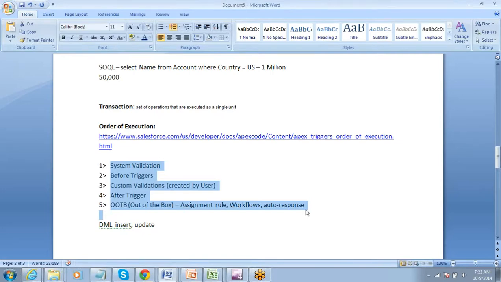Got it? There is another DML operation which we will talk about in tomorrow's session. In that you can perform half action as well, right? So a partial thing can be done. But our normal DML operations either perform the entire transaction or they completely roll back. Got it? That is called database DML. We'll talk on that in tomorrow's session, and a few more concepts on Apex.